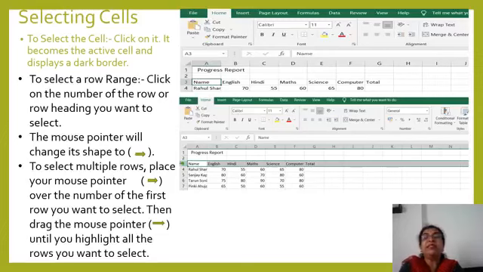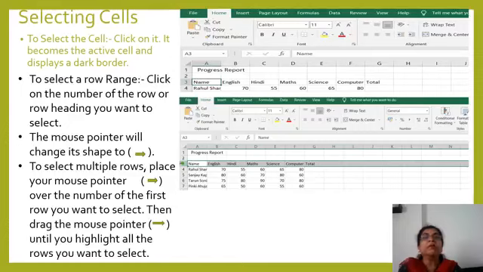Now, next is selecting cells. See, now we have learned how to enter data. By moving the arrow keys, we can enter the data. Now we can edit the data, we can format the data. So many things we can do with the data. For this now, selecting cells. To select cells, click on it. It becomes the active cell.